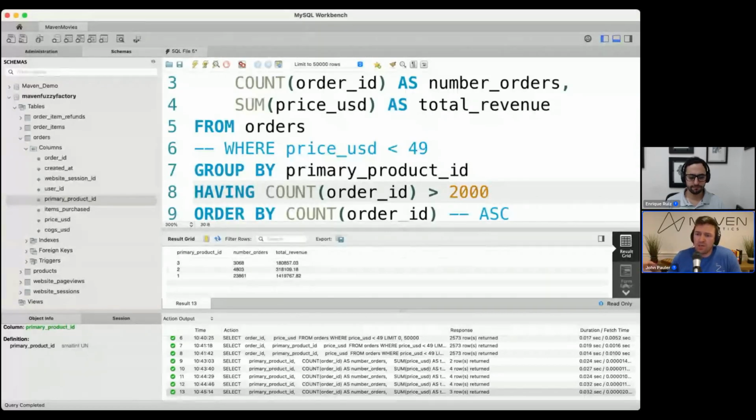Mohammed, yes, there is an autocomplete feature both in MySQL Workbench and other platforms as well. They all have varying versions of autocomplete. I forget if MySQL's is called IntelliSense or if that's the Microsoft one, but they have different versions. If you just Google MySQL autocomplete, you'll find it. I personally haven't been a user of autocomplete for a while. I like it off, but it can be really useful.